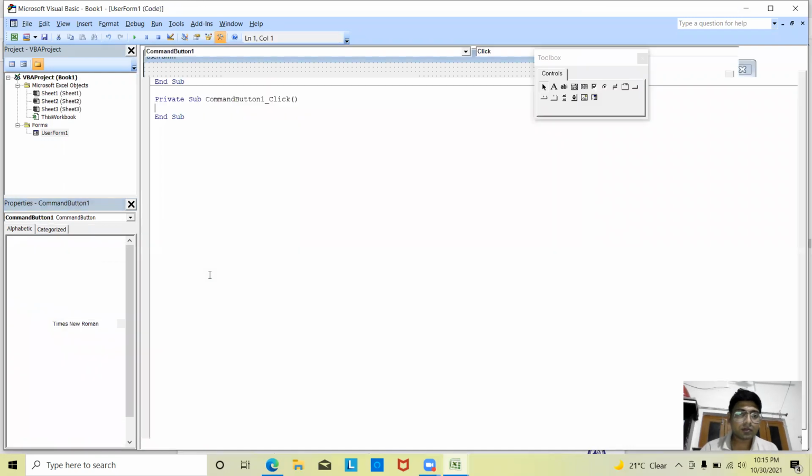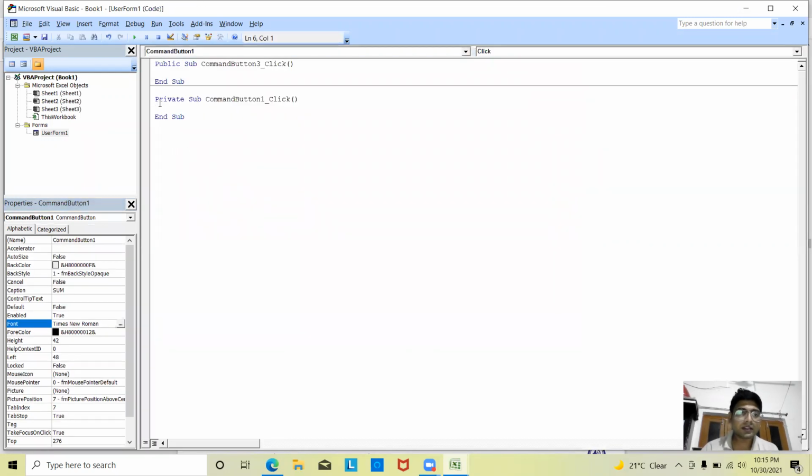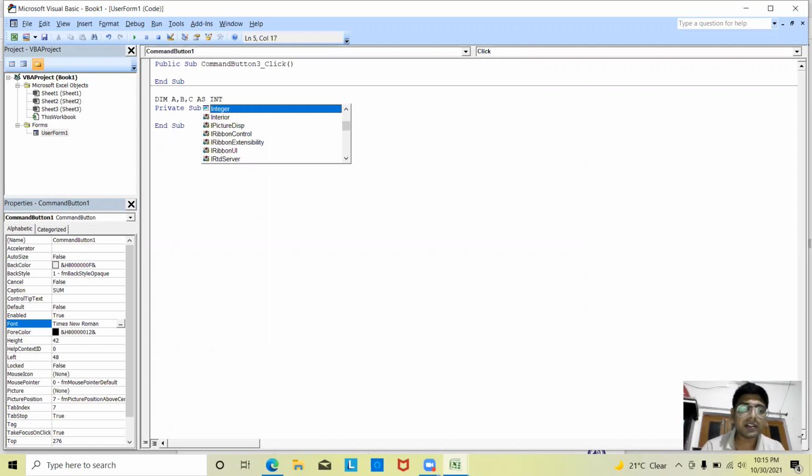Now double click here and you will get your command button code here. And here Dim is a keyword used to declare a data type. Data type को जब भी हम declare करते हैं, हम Dim statement के साथ करते हैं. Dim a, b, c as integer. अभी हम integer कर रहे हैं because it's a numeric data type.